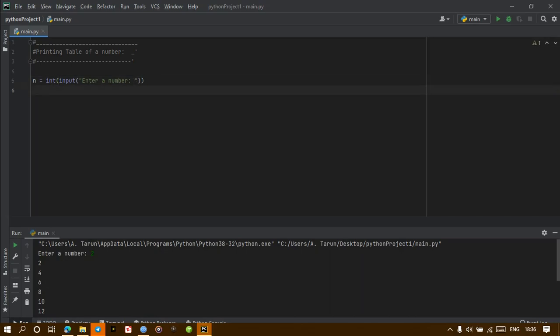then you have to create a for loop: for i in range(1, 11), since a table starts from 1 to 10. That's why I have taken the initial as 1 and the ending as 11, because in range the end term is always 1 less than the given. Okay, then you have to print